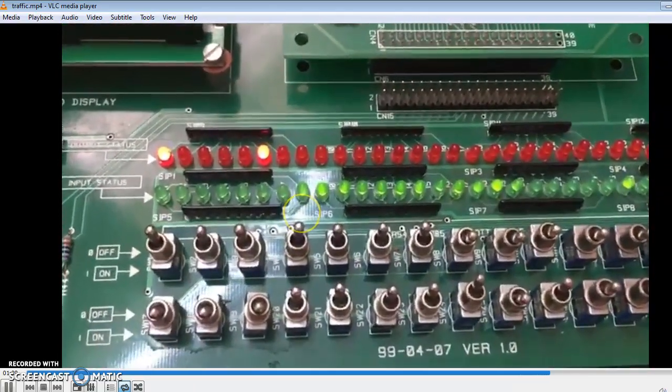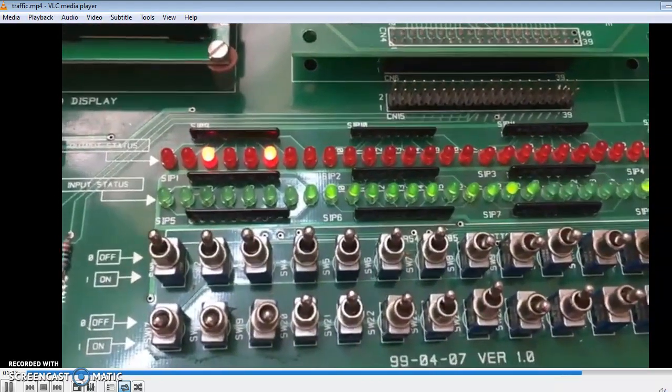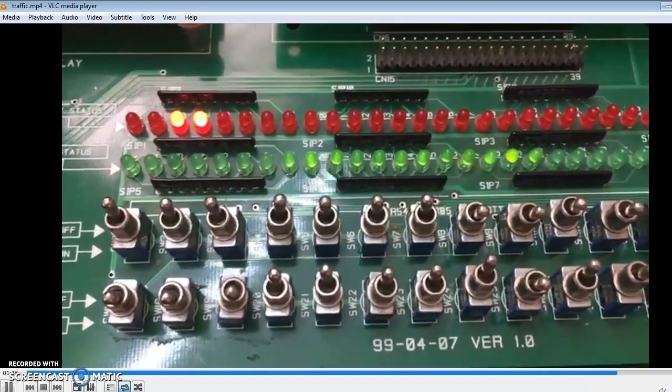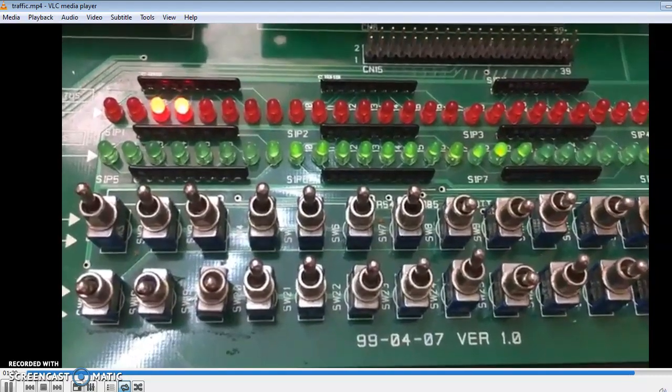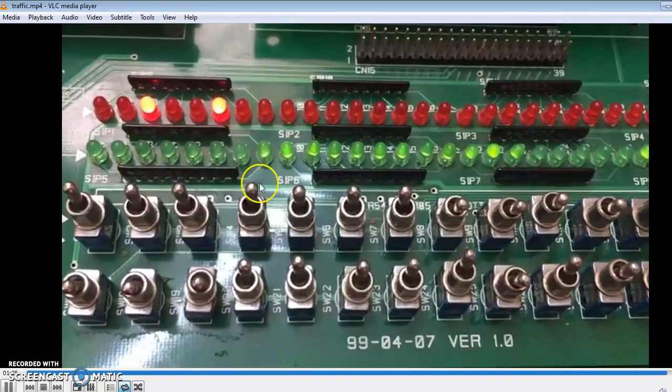So now first is green red, red yellow, then red and red. Now red and green for the longer duration. After that, from green it will move to yellow, and then from yellow to